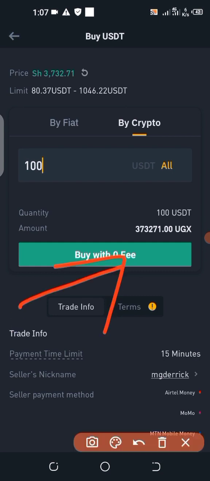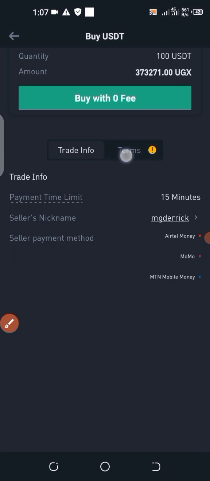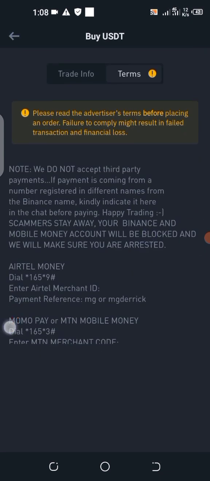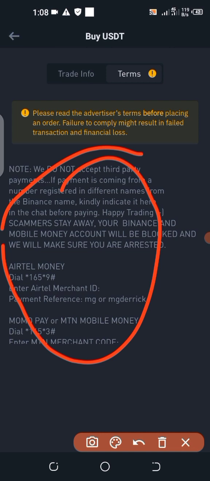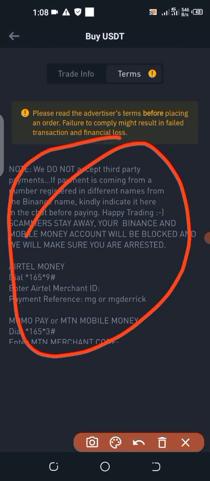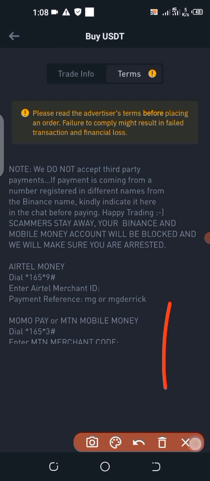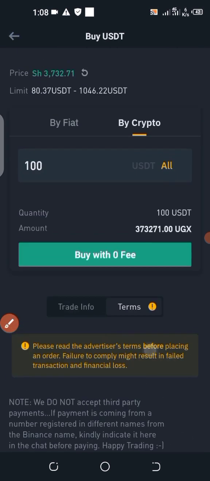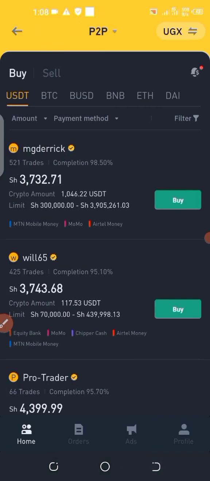But you have to be very careful under this platform. You have to read the terms and conditions of the buyer or seller, you understand? They're always down here, you see them here. You have to read these things to make sure that the payments are correctly made and received by the buyer or seller, you understand? These are the terms and conditions. After reading all this, you can come and press buy. Then you will make a payment, and the person, after receiving the money, will definitely release the crypto to your wallet, you understand?